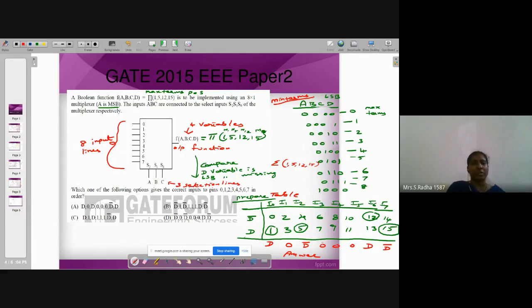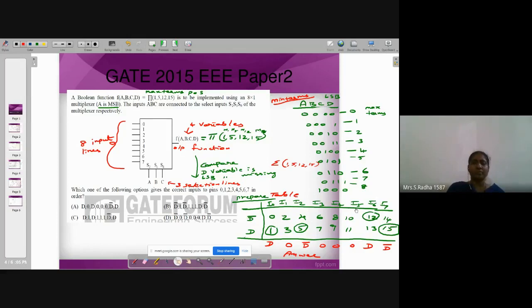In min term, it will be very easy for you to understand. That's why I started with min term. What I want you to understand is variable D. You see here variable D, alternatively they are coming 0, 1, 0, 1, 0, 1 like that. So you have to write where all D bar, the complement, is coming. In 0, 2, 4, 6, 8, 10, 12, 14, D is present in complement form.